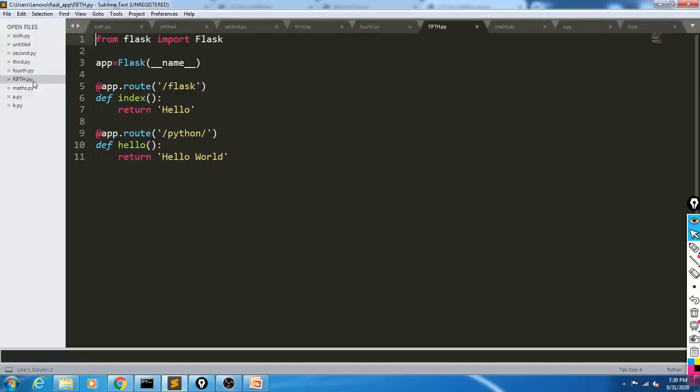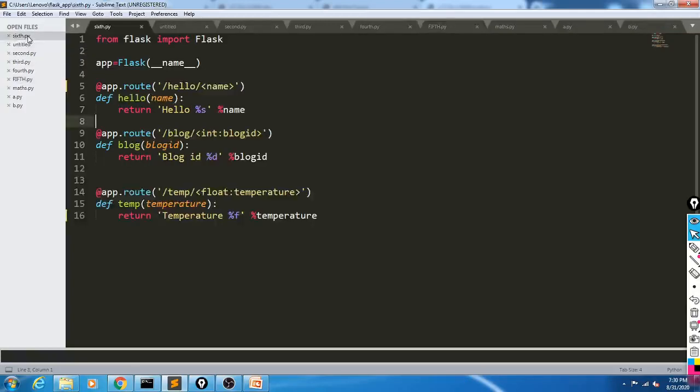Next, now how to pass string values, how to pass integer values, and how to pass float values. Okay, so this is the example of variable names with different data types. So in this one, this is the first URL /hello/name. Because name is a string data type, we can pass it directly.